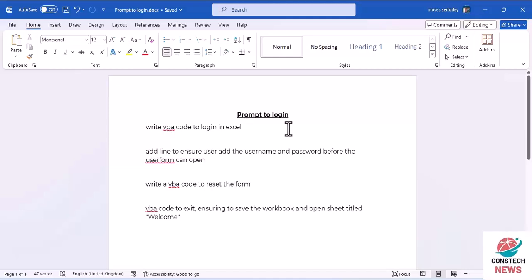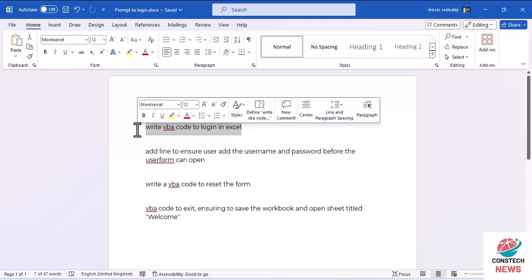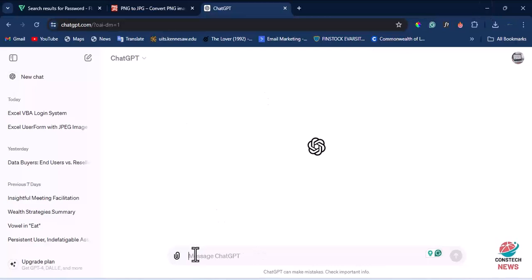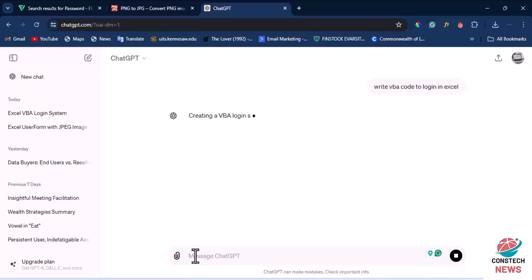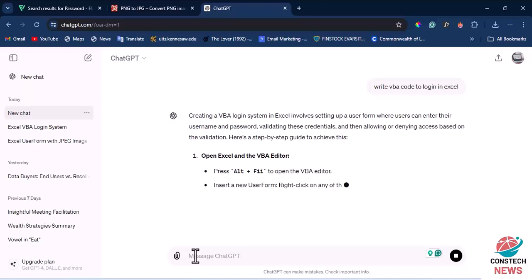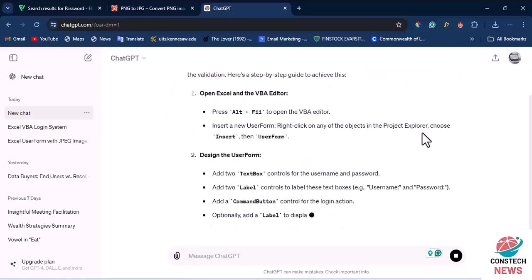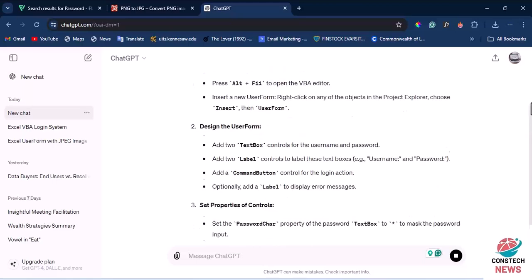So the first one is, write VBA code to log in Excel. So Control C to copy this, and you will go to your Chat GPT and paste it in the prompt. Click on OK or press the enter key. So it will tell us the format. It says creating a VBA login system in Excel, and it is going to give us the